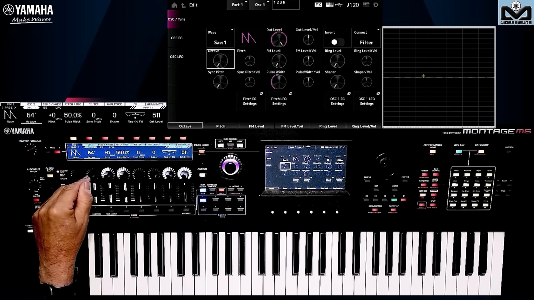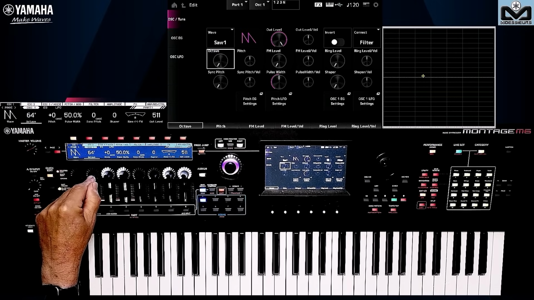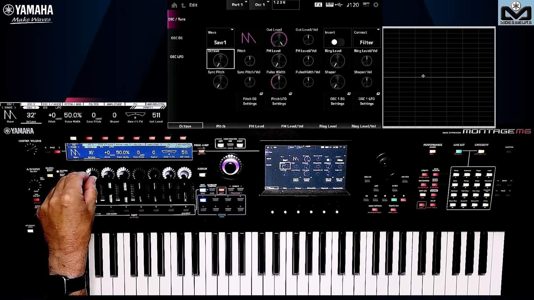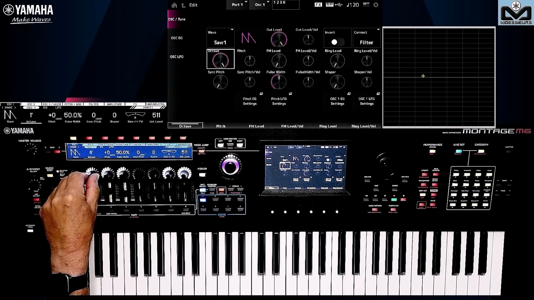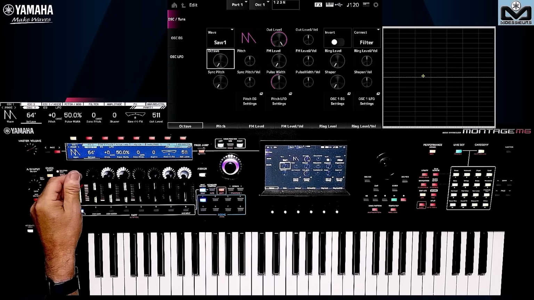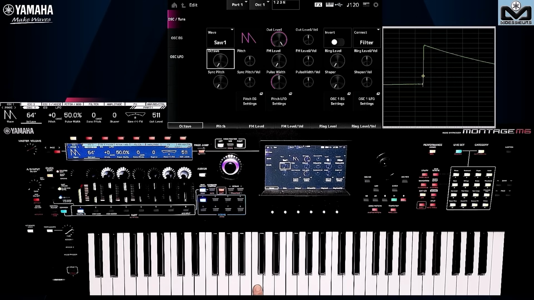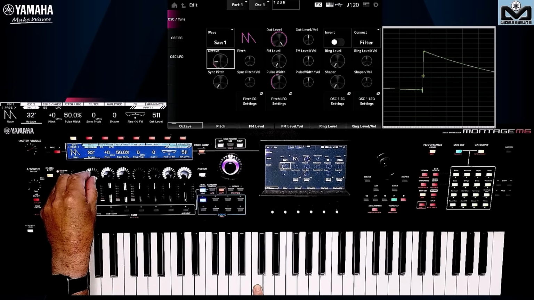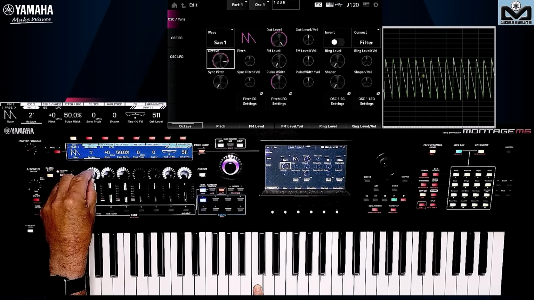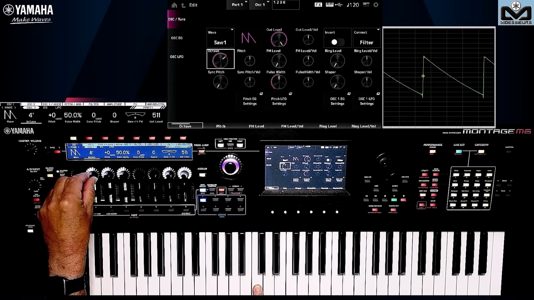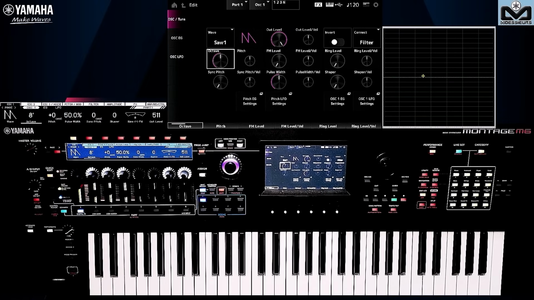Here, we're at the lowest point. And then as I go up, I'll go up an octave. It's very easy to change the oscillator's tone.